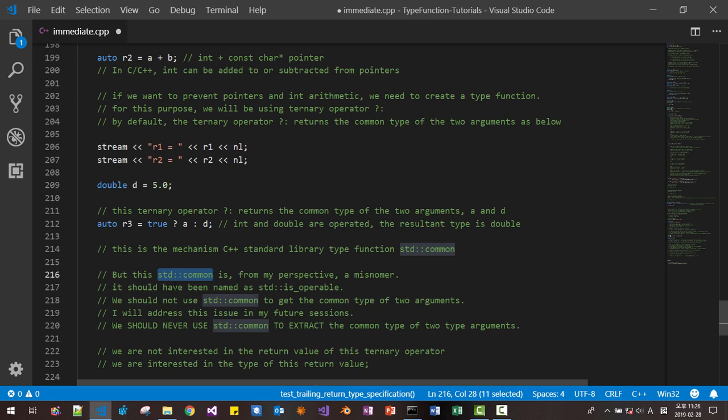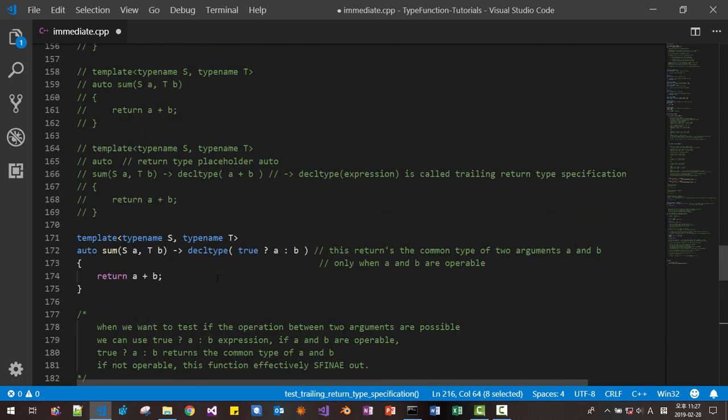In my future sessions, I will explain in detail why you should not use std::common_type to extract the common type of two arguments. std::common_type is more like a misnomer. It should be called is_operable. Here, we use this ternary operator to check whether these two arguments A and B are operable or not.